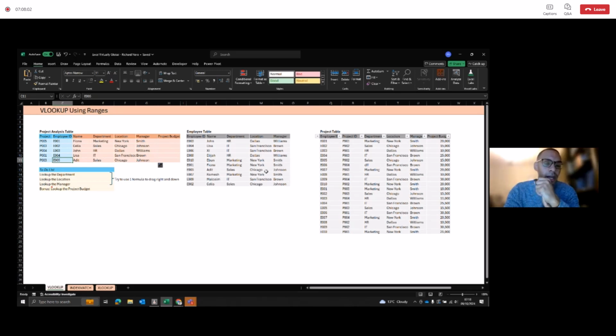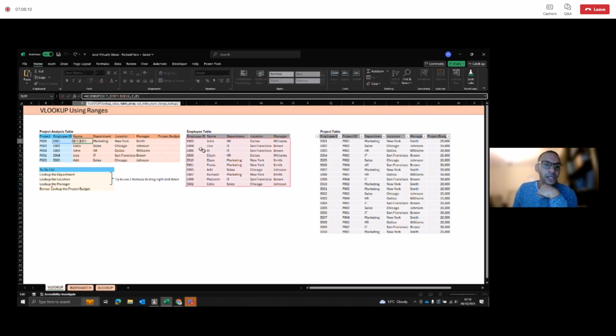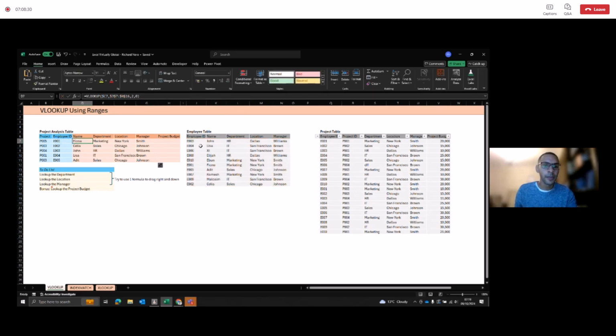Okay. The next thing that I want to talk about is the limitations of VLOOKUPs. So with the limitation of VLOOKUP, it always assumes that our lookup value is in the leftmost column. So if our employee ID was in the middle somewhere, it wouldn't work, because the table looks for your lookup value in the leftmost column. So if our employee ID was over here, it wouldn't work. The other thing worth mentioning is your VLOOKUP will only work reliably if your ID or your lookup value is